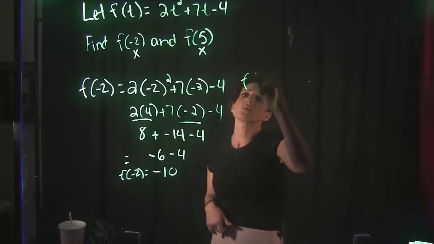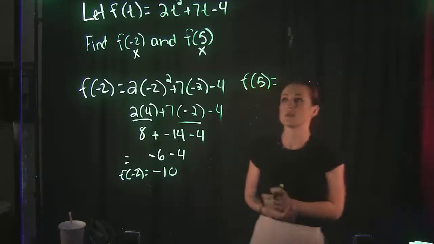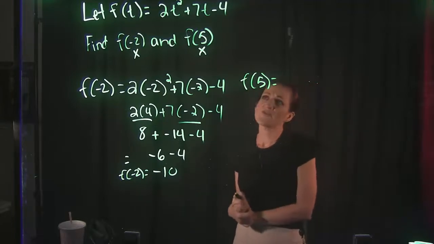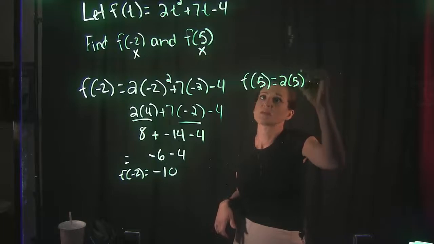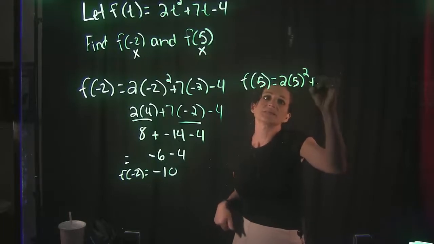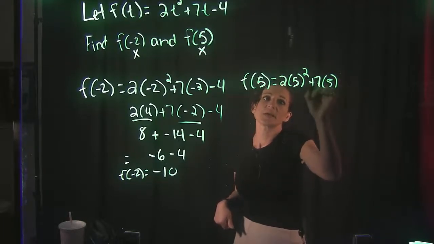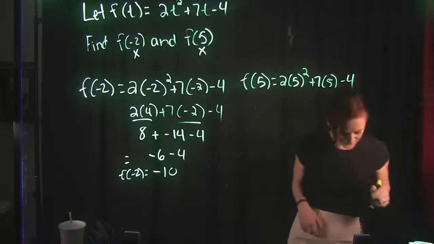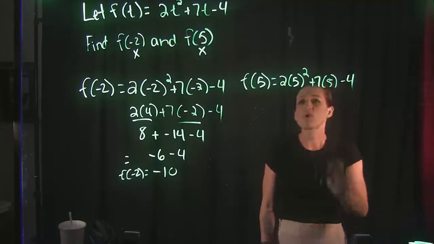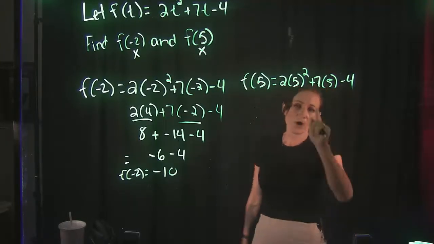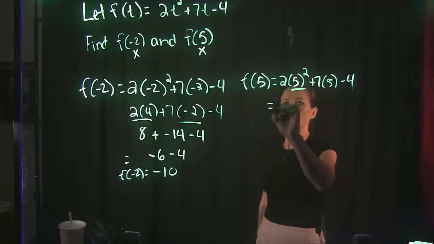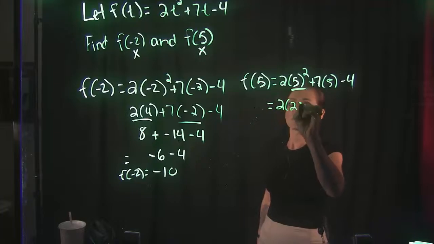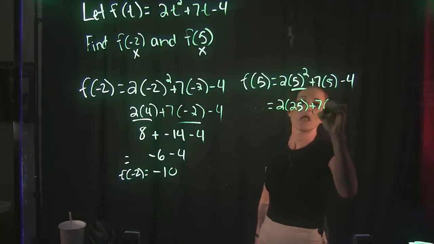This time we are going to plug in a 5 in for our variable. So we're going to find f of 5, so that's going to look like 2, and then instead of t, we're plugging in 5, plus 7 times t, but we're plugging in a 5, and then minus 4. Just like we did before, we're going to simplify our exponent before anything else. So that means we have 5 squared, which is 5 times 5, which is 25,